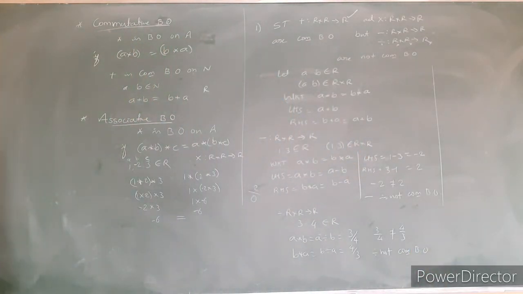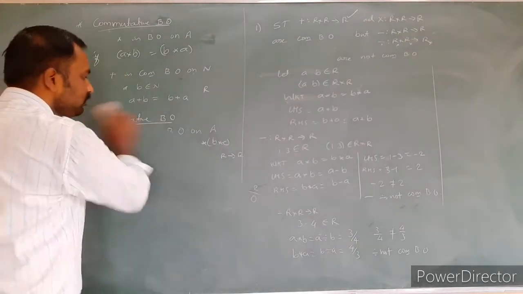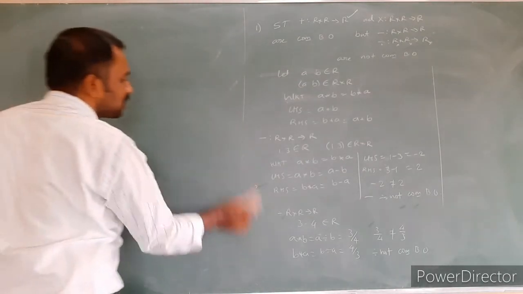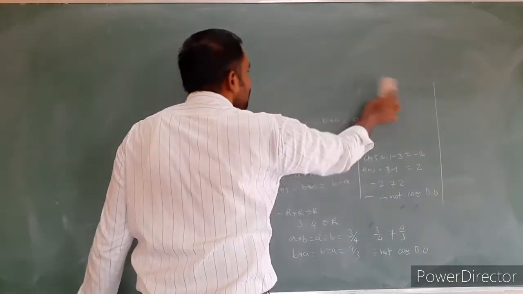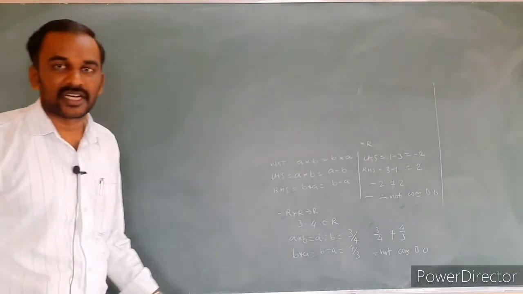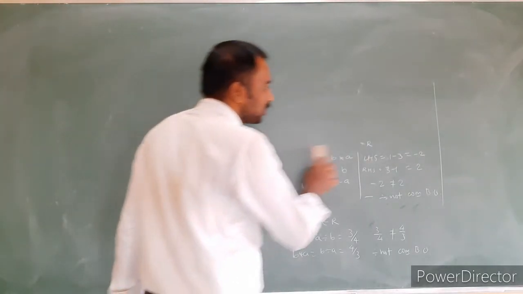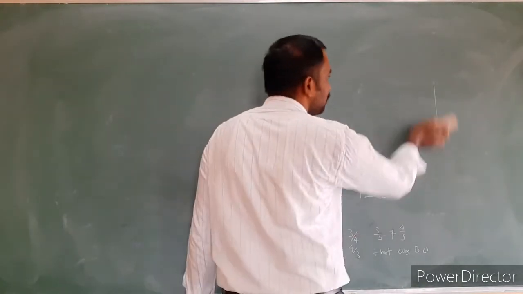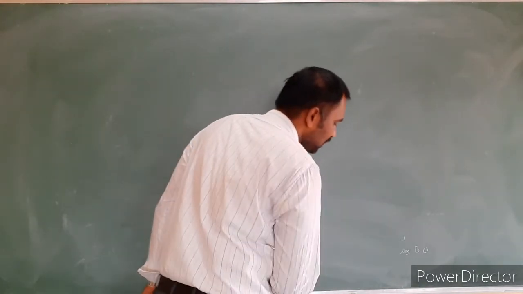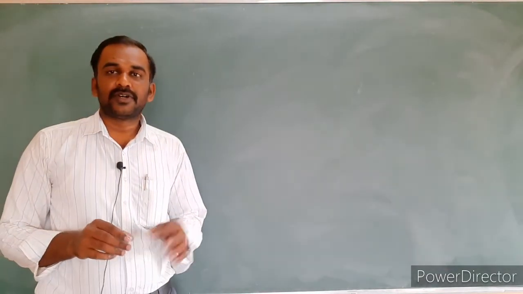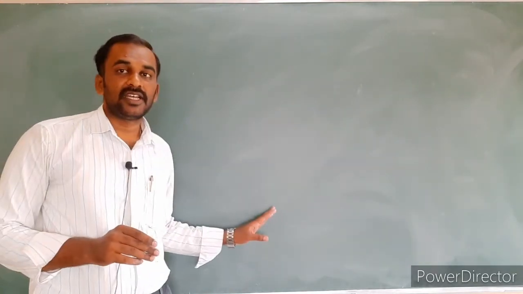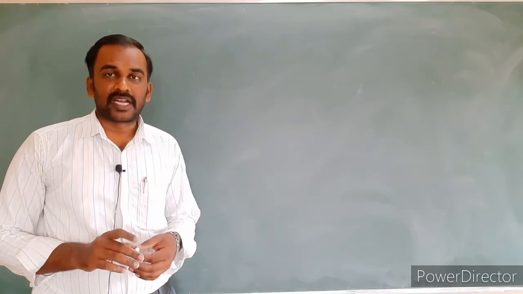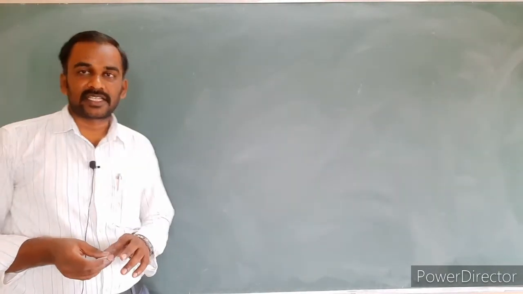This is how we have to verify whether the given binary operation is a commutative or associative binary operation. Whenever it is true, in such a case we give it generally with A, B, C. Whenever it is not true, in such a case we compulsorily have to give a counter example, using particular numbers as an example. That we call the counter example method. Okay, now let's go to the next example.